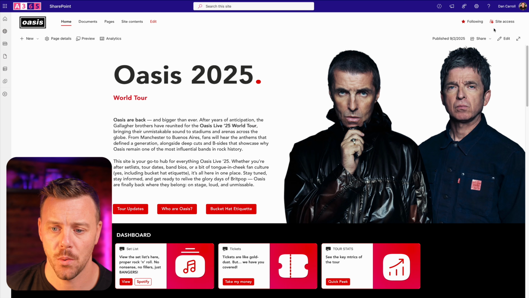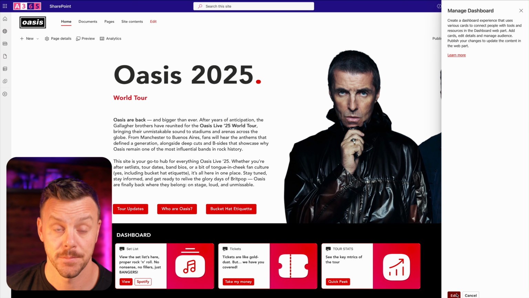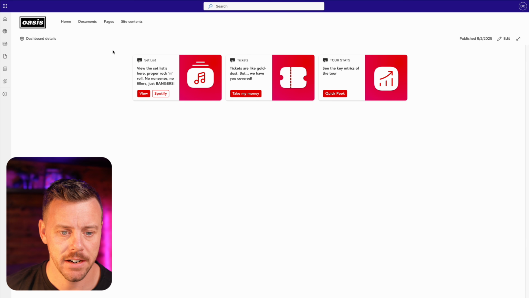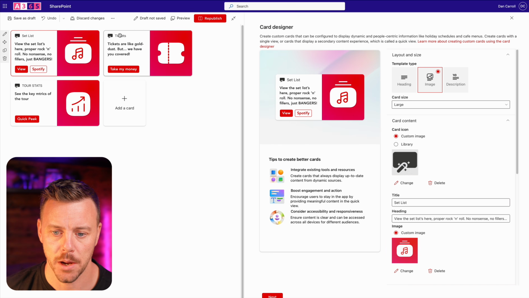So back over to our Oasis site, I go to the cog and I'm going to say manage dashboard, and I'm going to say edit, because I've already created it on this site. And here are the 3 cards that I created. So I can click edit. And if we look at our setlist card in here, and I come into its edit option,